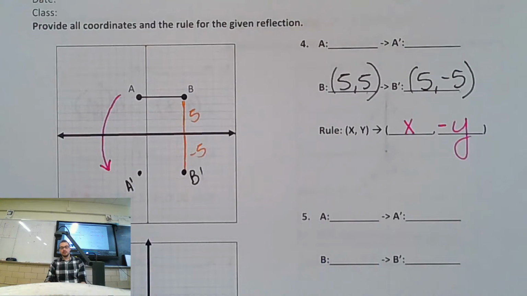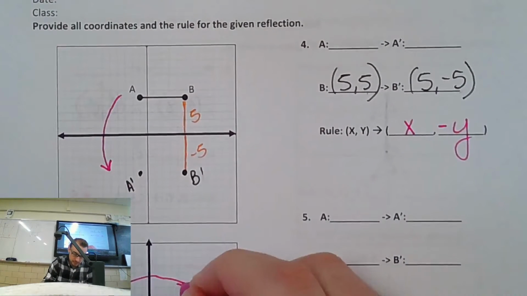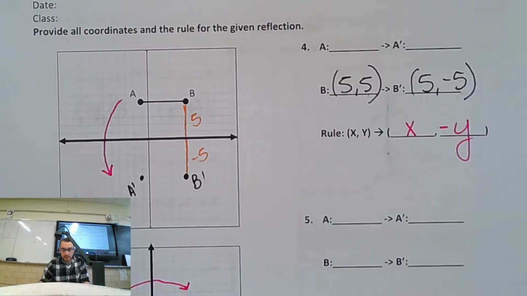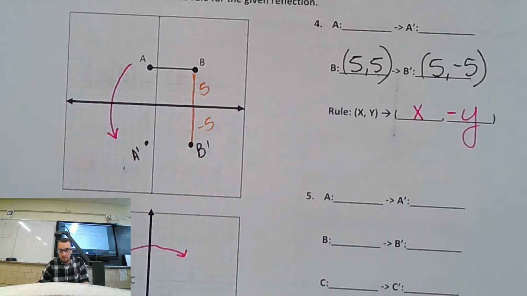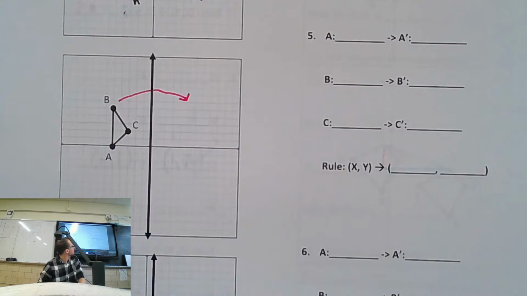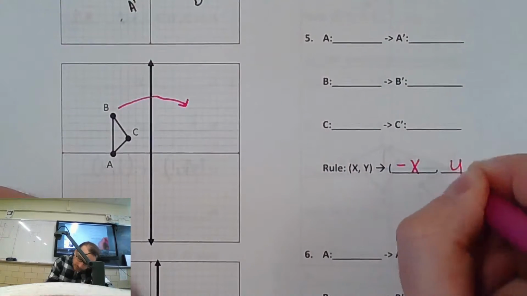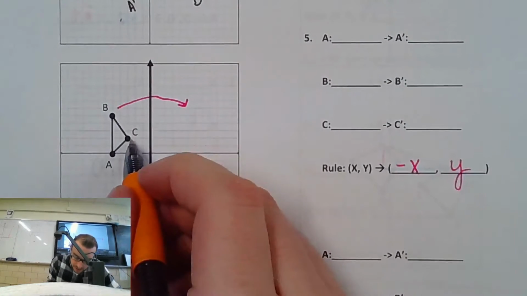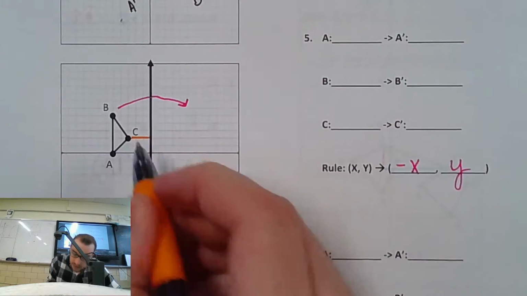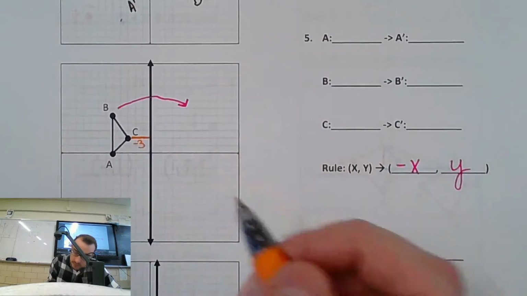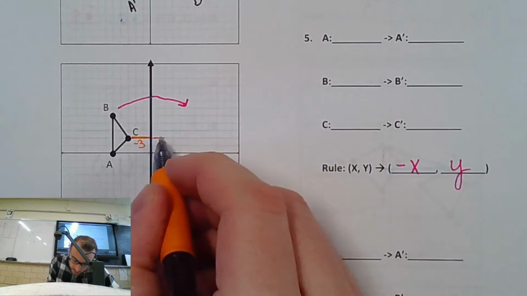Number 5. Is that going to be a vertical flip or a horizontal flip? Horizontal flip. It's flipping this way. Can I show number 5 now? Cool. It's a horizontal flip, yeah? So what's going to change, the X value or the Y value? The X value. And if you look, that makes sense, because here's C. It's 3 away from the line of reflection, right? 3 to the left. It's going to be 3 to the right after we flip it.